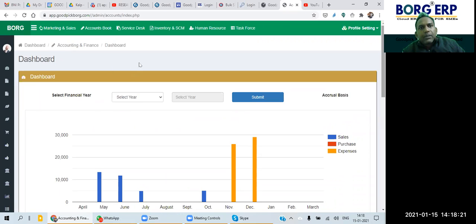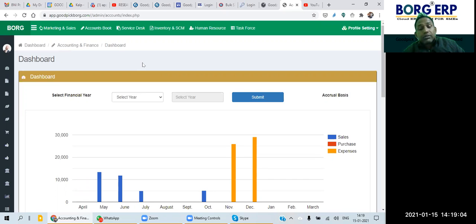So first, how to do that. If we talk about accounts, the one thing that comes into the picture is the customer. Customer has to be there in the system, number one. Number two, if we talk about purchase, then the supplier or vendor has to be in the system. And the third thing is the product listing; any product master or service master has to be in the system, because if we are going to bill, then the product or service must be there to select in the invoice.